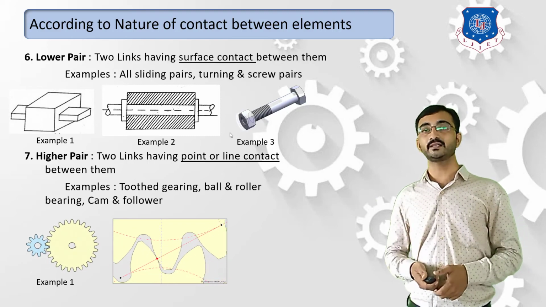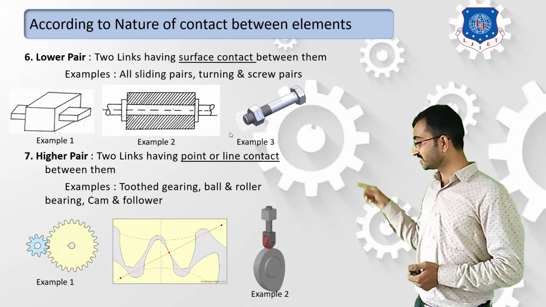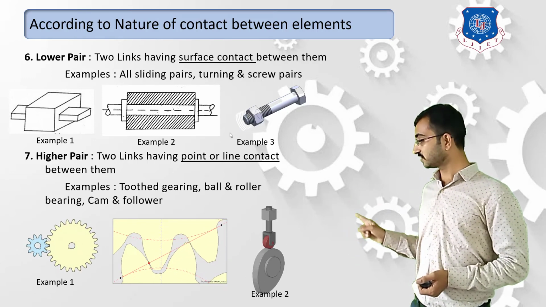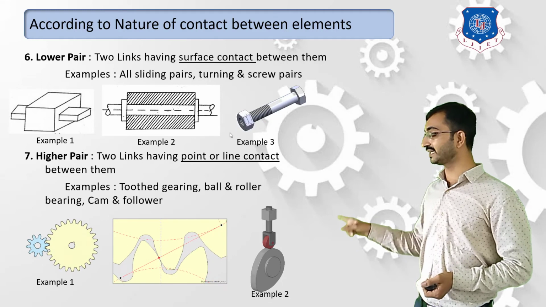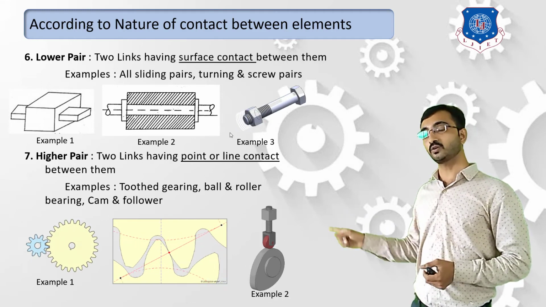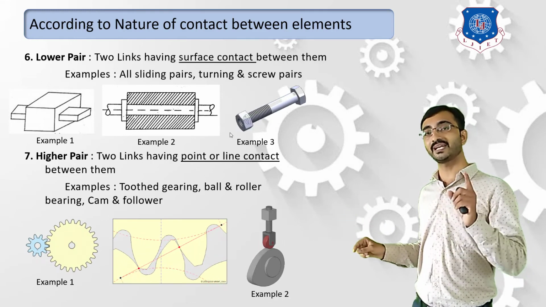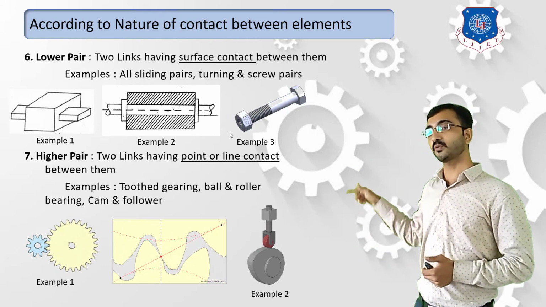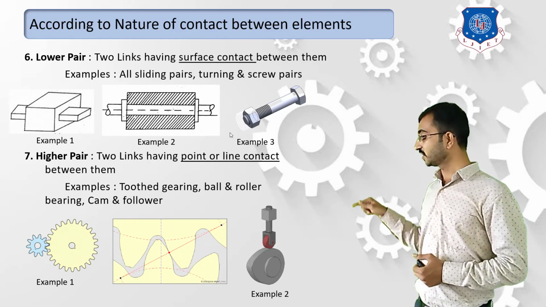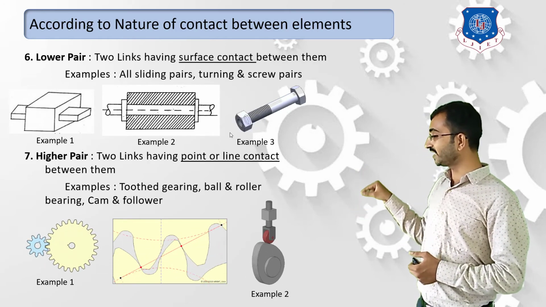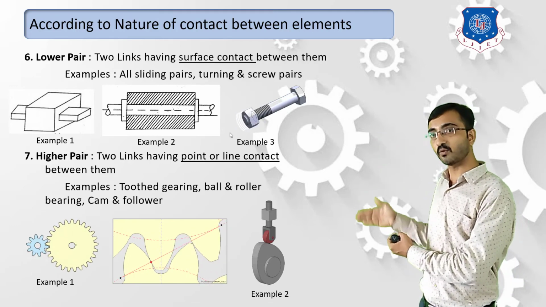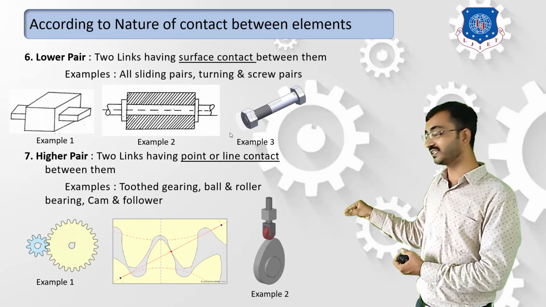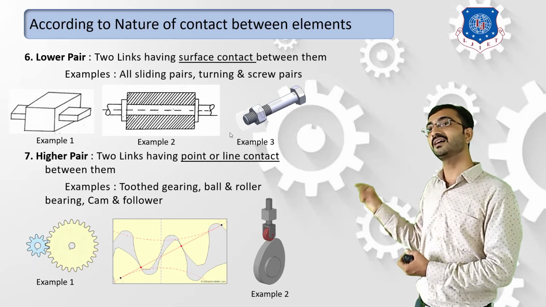Okay, let's consider the second example. We will study this cam and follower system in our next chapters, but over here we can consider that this element number 1 which is completely rotating can be termed as a cam, and with respect to this rotating element, your element number 2, or the kinematic link number 2, which is reciprocating, is known as a follower. From this figure, if we consider the planar body only, then we can observe that it is making only a point contact, and if we consider the width of this follower, then we can say it is a line contact.